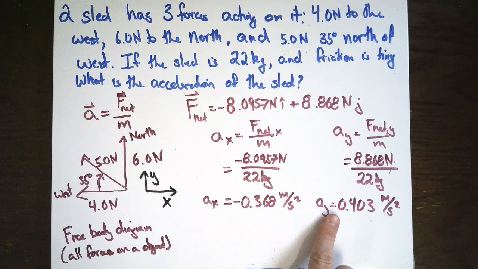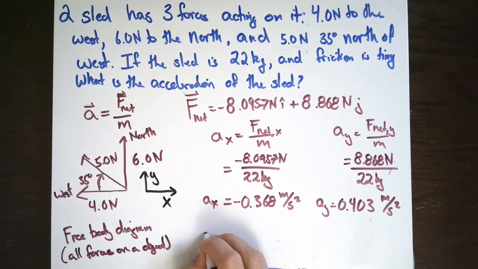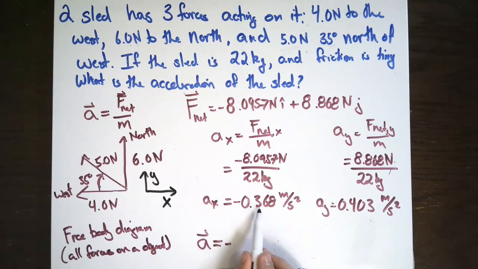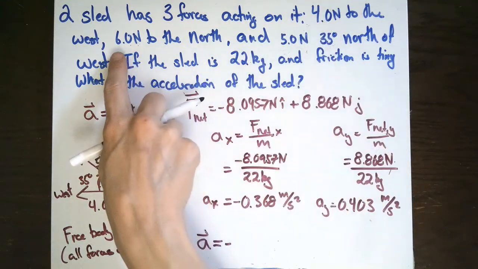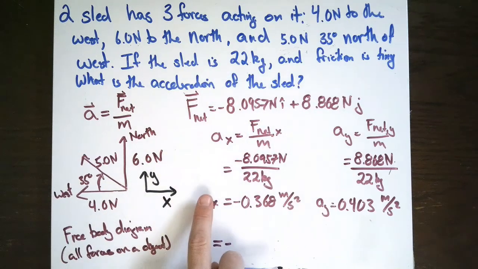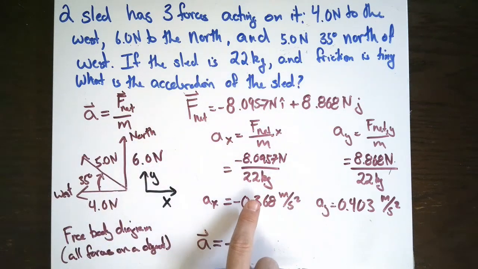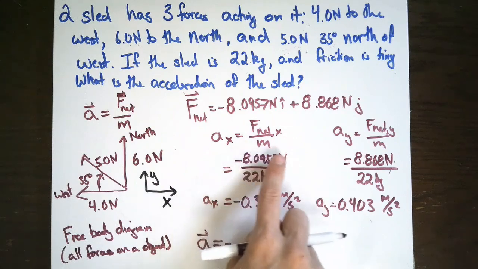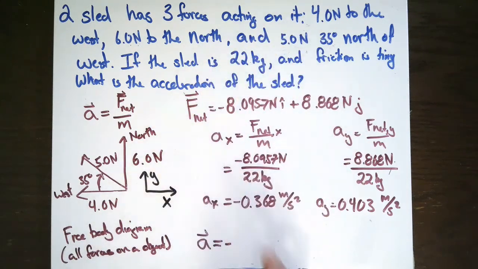Alright, so we've solved for the x and the y components. We can go ahead and write acceleration as a vector now. It'll have negative, and let's see, now I guess we probably should pay attention to the significant figures. Up here we have 2 significant figures in all of our numbers. We're doing multiplication to get all of our answers here, so that means we're going to have 2 significant figures in our answer. So the x component is going to be